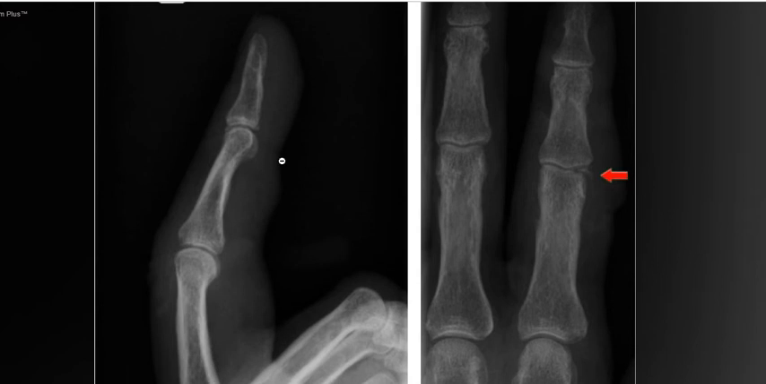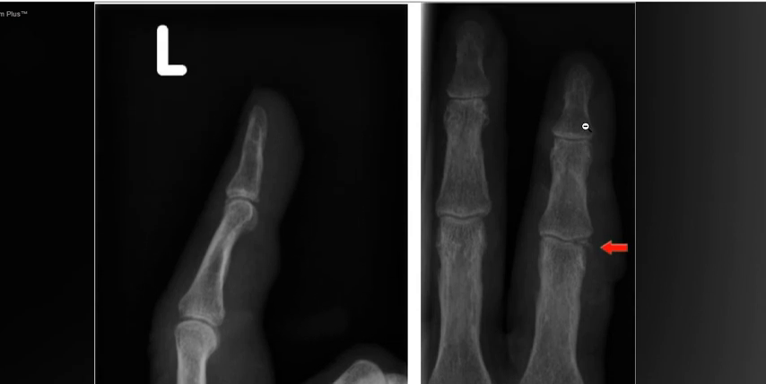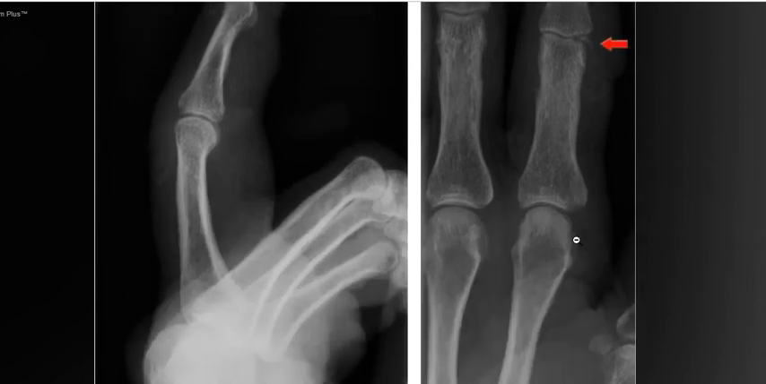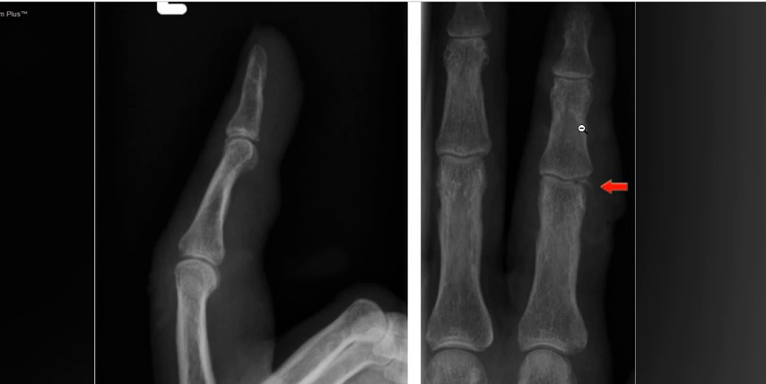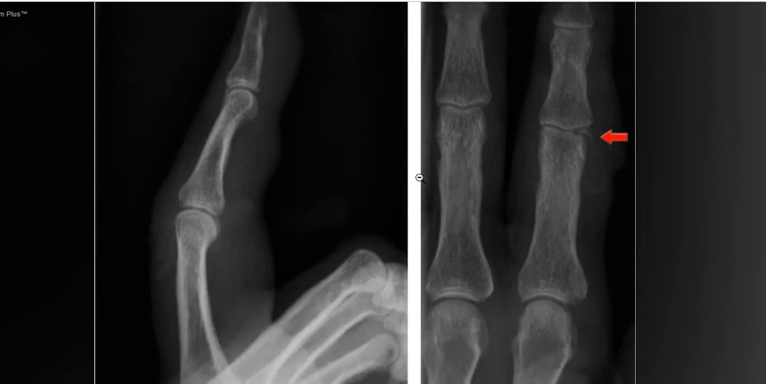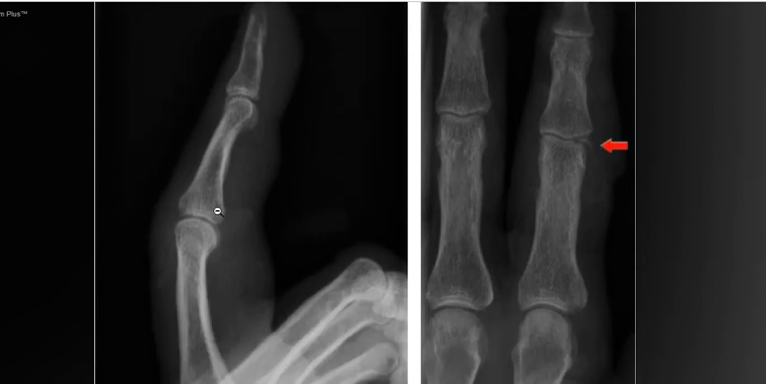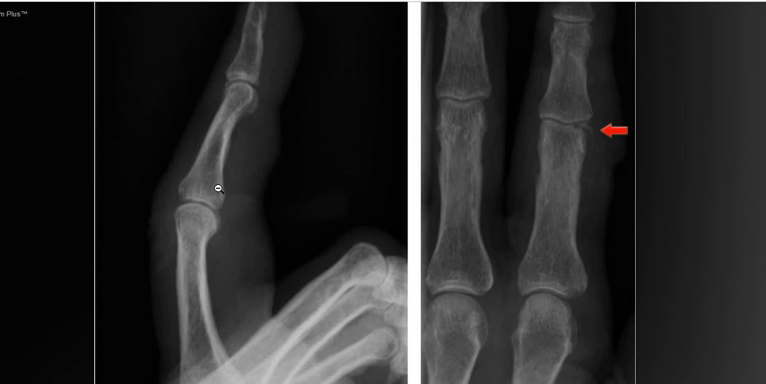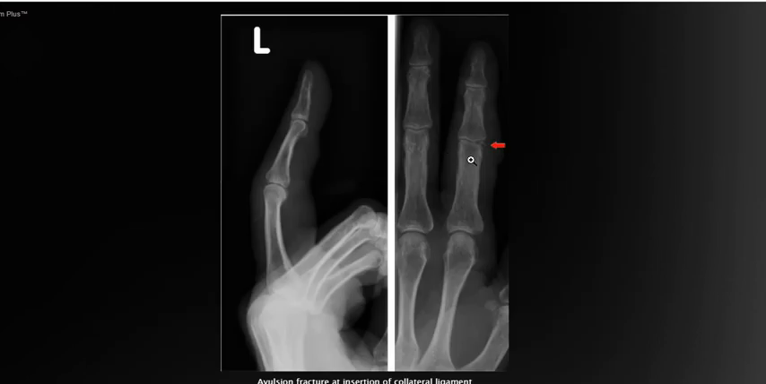Commenting on the positional technique of this X-ray, you can see through the joint space there's no overlap between the phalanges, both in the DP and lateral. You can clearly see through the joint space and we can assess the cortex. The subtle fragment arises from the medial collateral ligament,